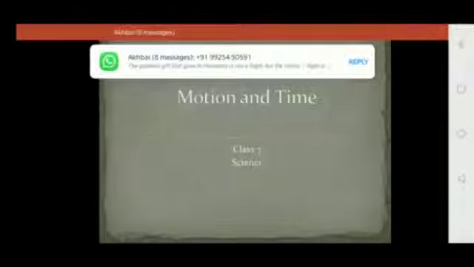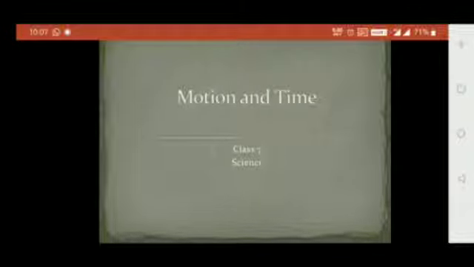In the previous video I told you about the speedometer and odometer. You might have seen a meter fitted on the top of a scooter or a motorcycle. Similarly, meters can be seen on the dashboards of cars, buses and other vehicles. This is called a speedometer. It records the speed directly in km per hour. There is also another meter that measures the distance moved by the vehicle. This meter is known as the odometer.